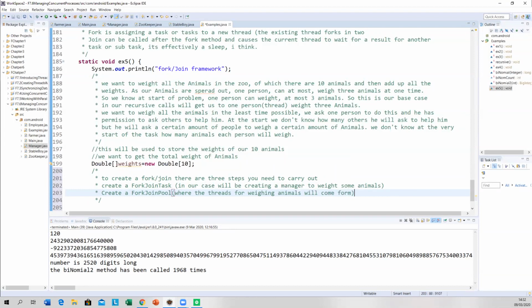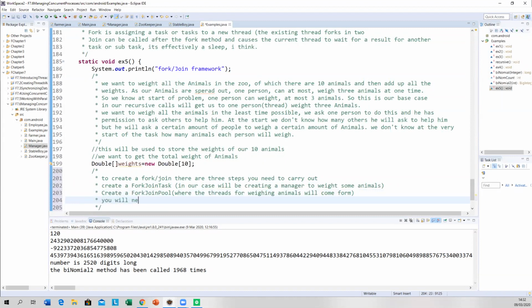Just like the thread pools, this fork join pool is going to be dynamic. And fork join tasks are tasks that can be added to any thread.